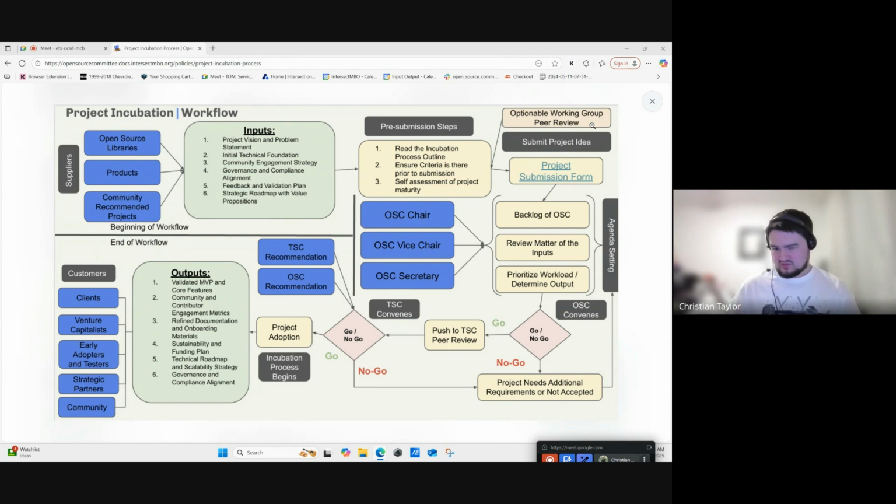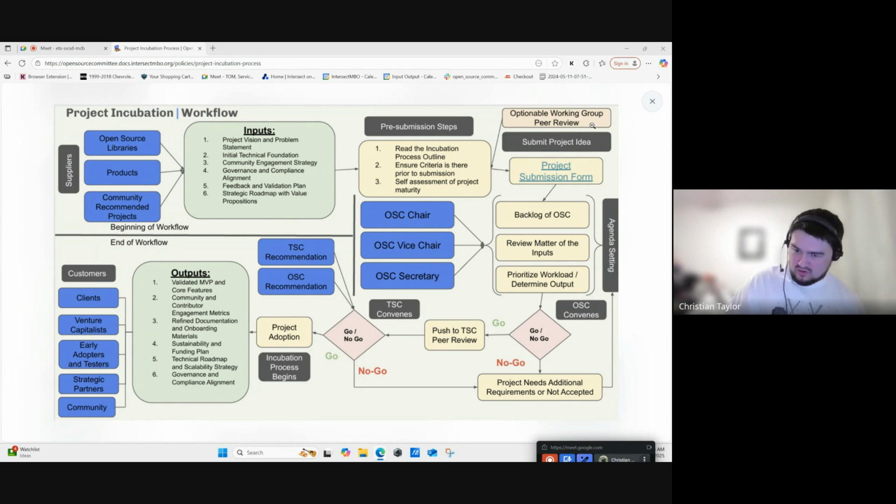And essentially, there's two decisions that are made, which is the go or no go. A go means they've approved it and we push it to the TSC for them to do their peer review, or we need more requirements, reach back out to you, and either it's a rejection, which means you can apply again in 6 months, or you get 30 days to get the added information and resubmit.